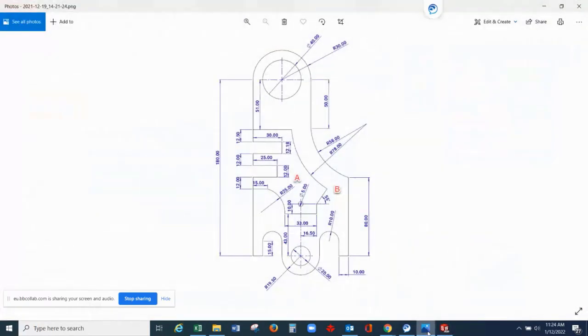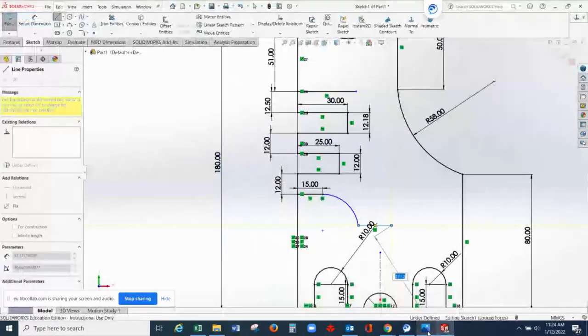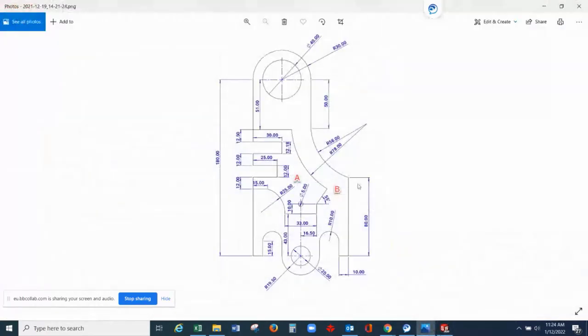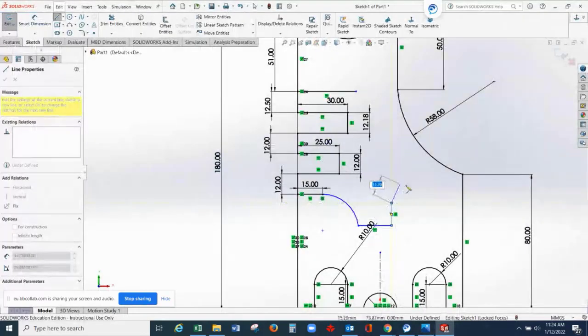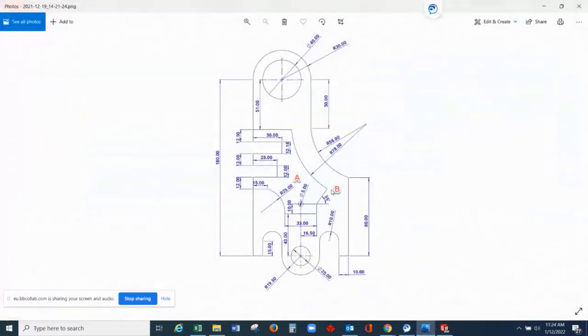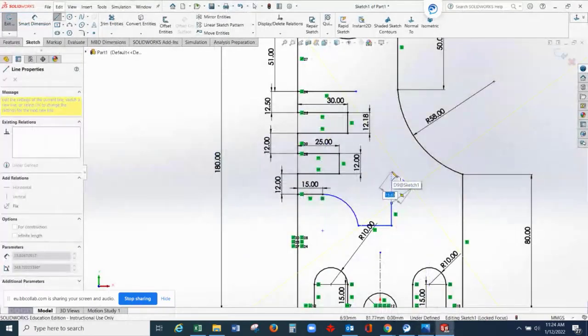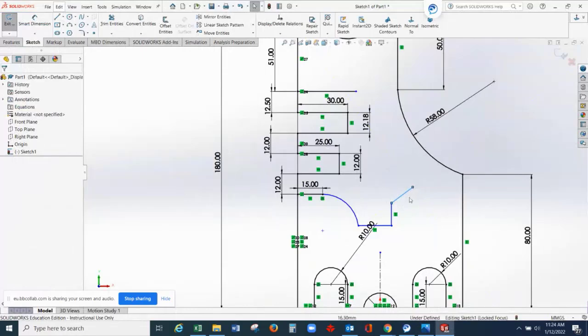Then line up. One vertical line, this line. Then one diagonal line, this line. And we will stop from here.